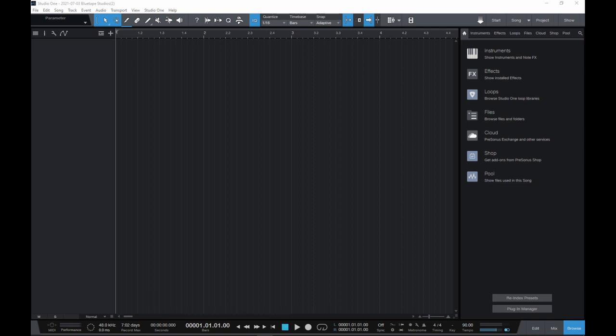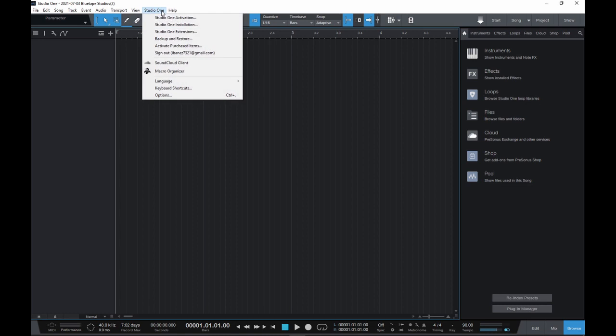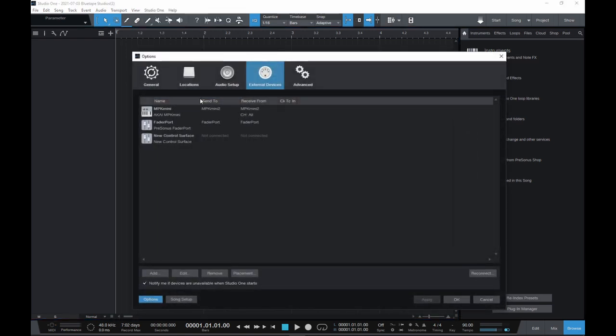So without further ado, here are the shortcut settings that I prefer to use. The first thing that you're going to want to do is set up your top number keys to shortcut your markers. So what I do is I go up here to Studio One, the options. Now I'm on PC, so this will be like a preferences menu on a Mac. But I go here to options, and what I'm looking for,